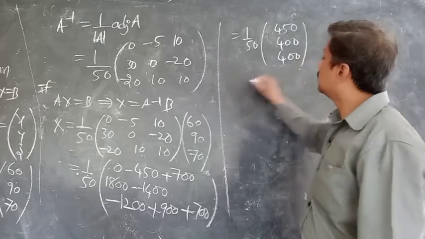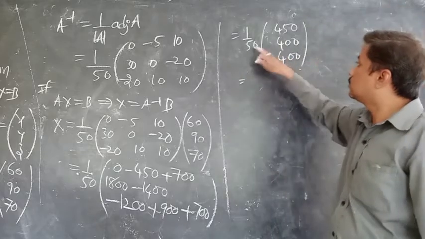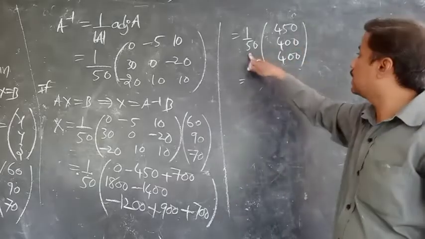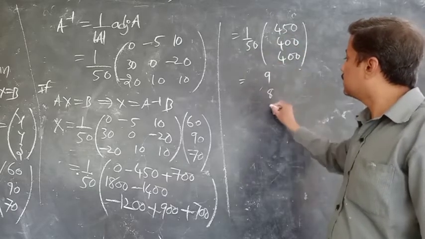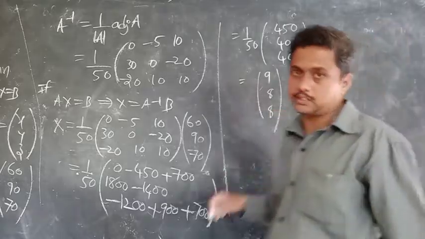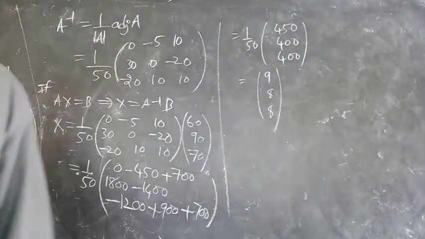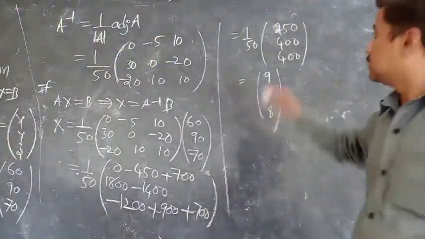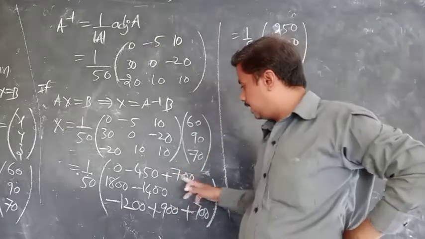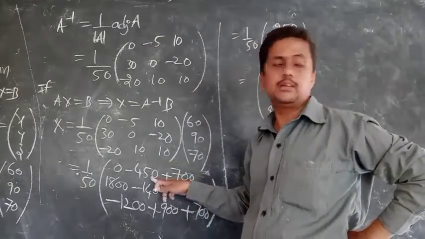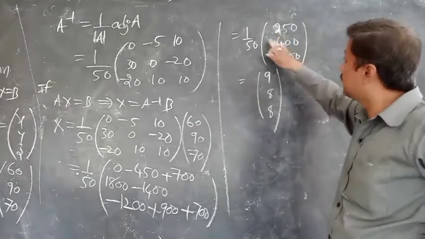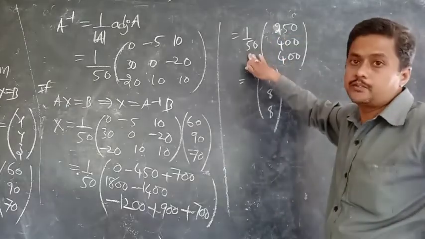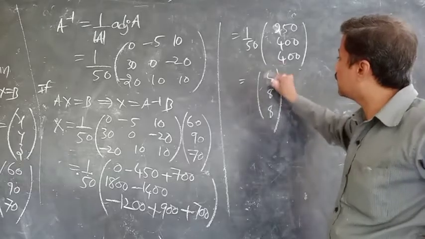So this one. Okay. So 0 0 0 will cancel. So 5 8s are 5 8. So this is the answer. Okay. Sorry, here one correction. 700 minus 450. 700 minus 450 is equals to 250. So 250 divided by 50, so it is equals to 5. So therefore 5, 8, 8.